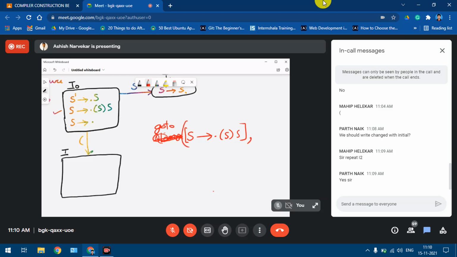Initially we apply goto, right? So applying on this, we'll be shifting. So what you get here is S gives